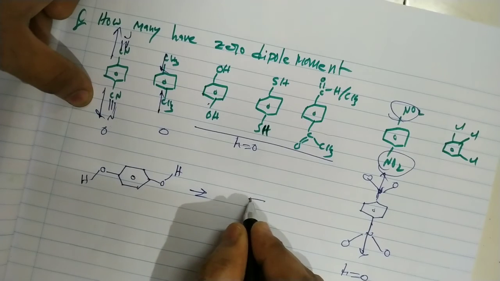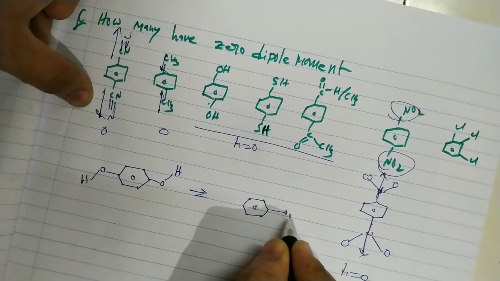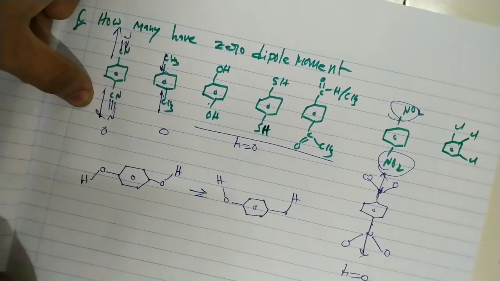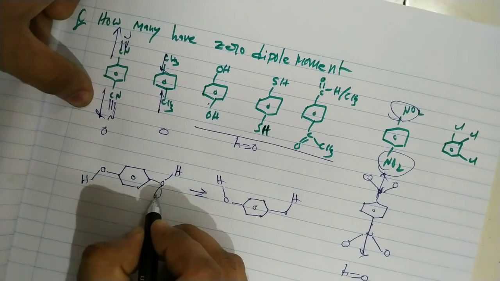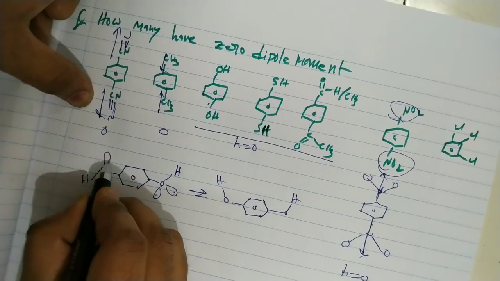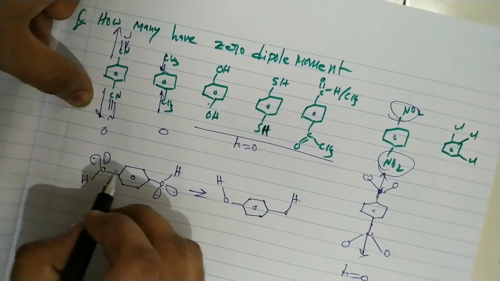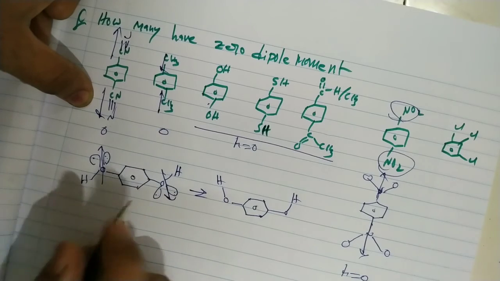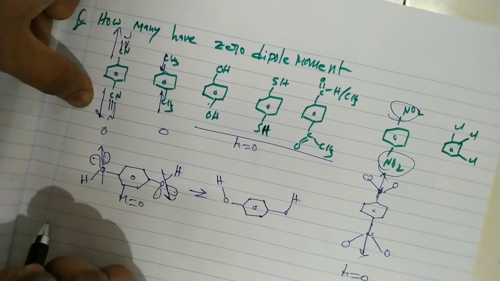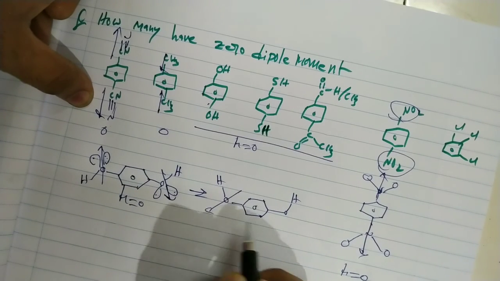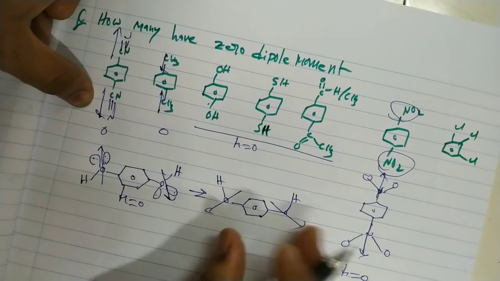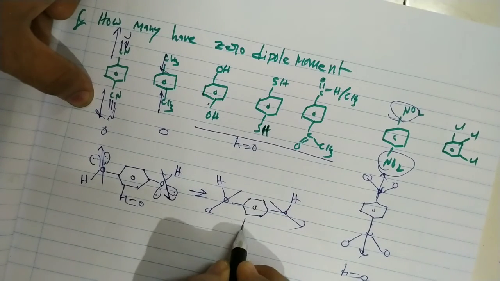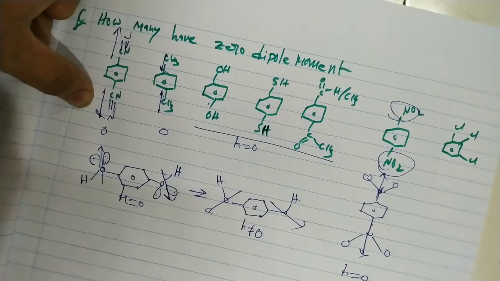Okay, it's one conformation, and this one is OH. You can see in this case there is a lone pair, this is a lone pair. So towards the lone pair, and here also towards the lone pair, these two are exactly opposite. For this conformation the dipole moment equals 0. But here, towards this lone pair, the total resultant is in one direction, the same direction. So for this conformation the dipole moment is not equal to 0.